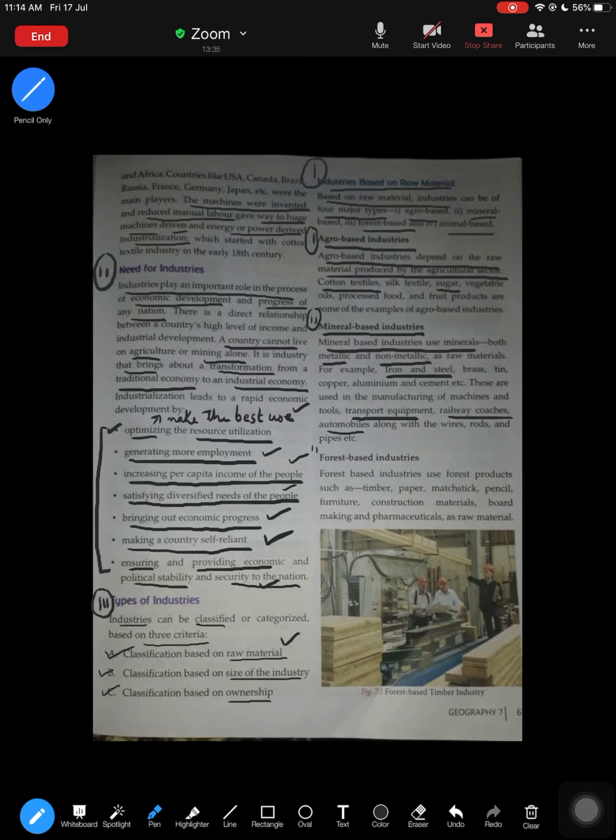Moving to the third type of industry, forest based, meaning they derive the products from forest. So industry that uses forest products are known as a forest based industry, such as timber, wood is from forest, even paper is from forest. So all such industries like a matchstick industry, which manufactures matchstick, pencil industry, furniture industries, they get the raw material from forest. That is why they are known as the forest based industries. And moving to the last portion,